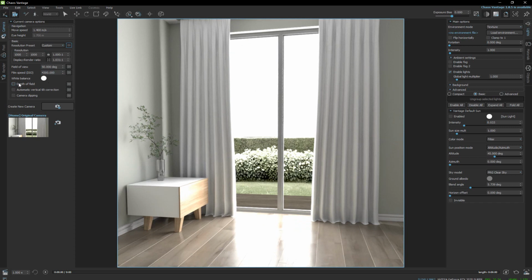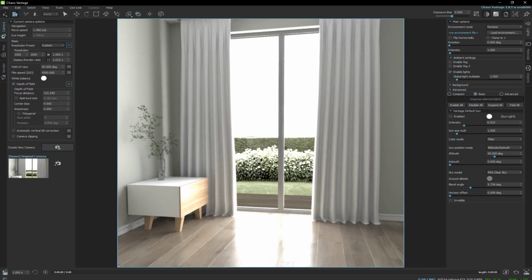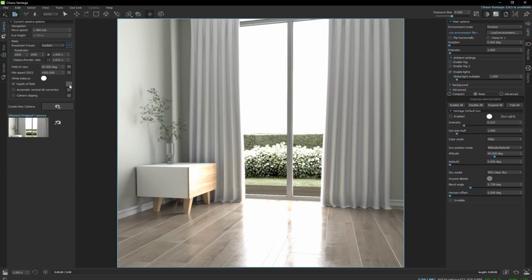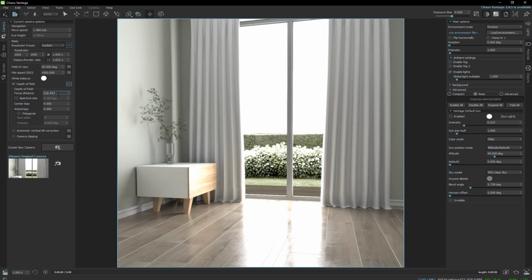Another thing that we have here is also the ability to use depth of field. Now, depth of field in this scene will not really be that visible, but let's look at how we can do this. We can have a focus distance where we can choose how far this is going to focus, or by just clicking on this button where it says pick focus point, you can click and actually choose where the focus should be. Once you do this, another thing you can change is, by clicking next to the depth of field, you can change the